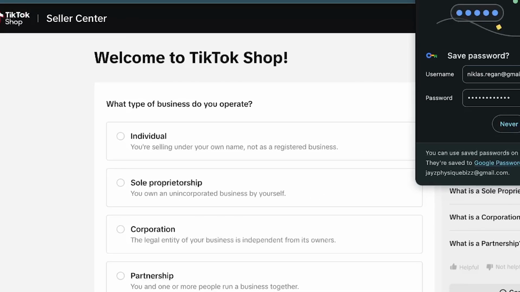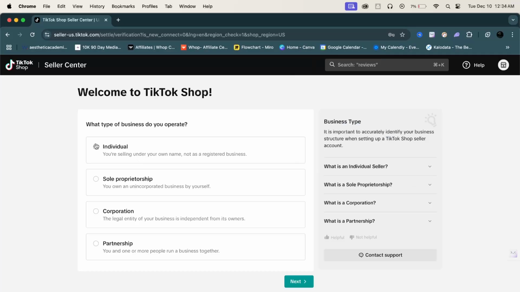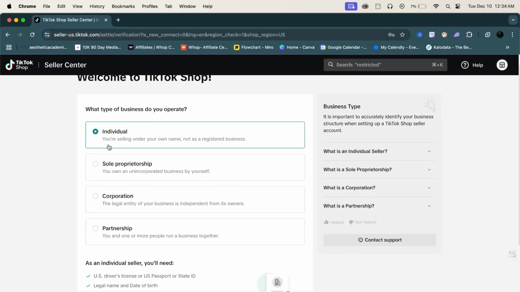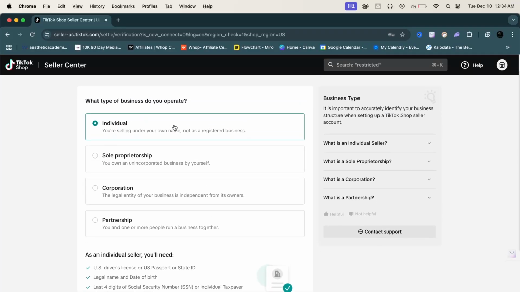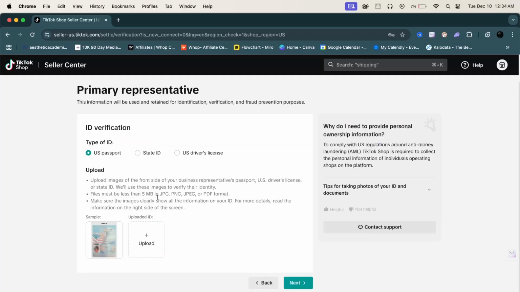So once you are into the TikTok Seller Center, it's going to say welcome to the TikTok Shop. Make sure that you save your information or write it down somewhere. We're going to be choosing the individual. What type of business do you operate? Assuming that you are just doing the affiliate, you're not going to be doing the seller program. Next, you need a primary representative since you're going to be the account holder for